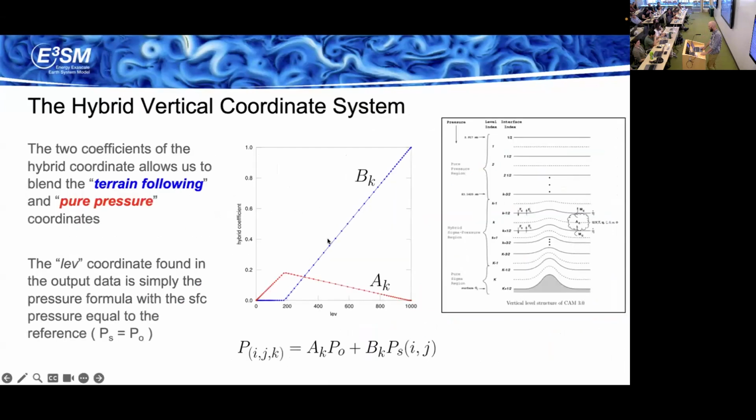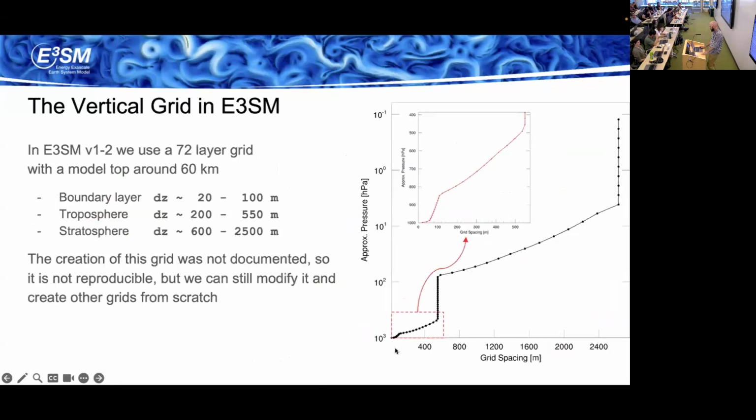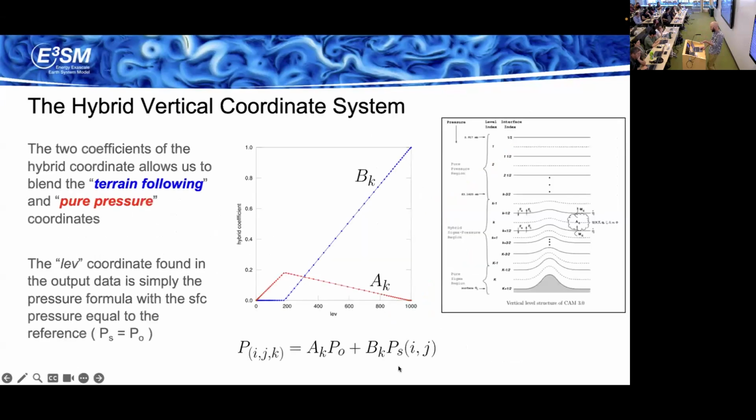So this pressure value that you calculate, if you just put the reference pressure in, is what you get here. And this is basically what you get in the model output, in the lev coordinate, because it'll be these values, but they don't actually represent anywhere on the globe. And it's not like a global average of the coordinate. It's just assuming that the surface pressure is the reference pressure and then multiplying by these coefficients. That's how you get the lev coordinate.